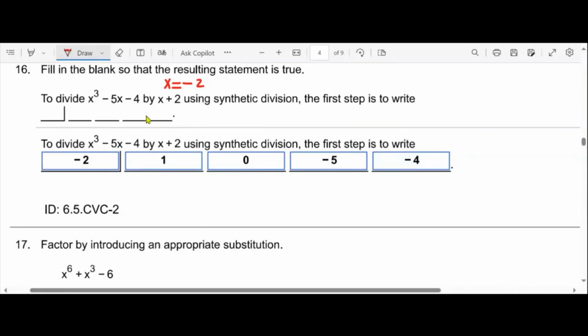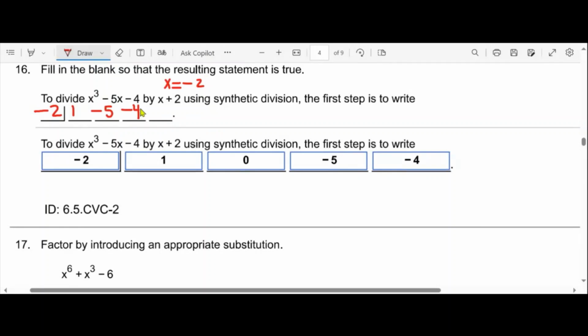the values, the numbers, right? So what number do you put here? Negative 2. And what's the constant here? 1. What's the constant here? But doctor, why do I have to put 0? Because in my math lab, when I get this question, I put these values and it gives me wrong